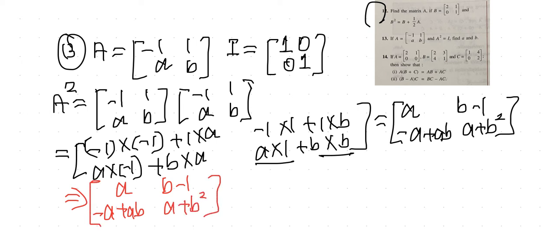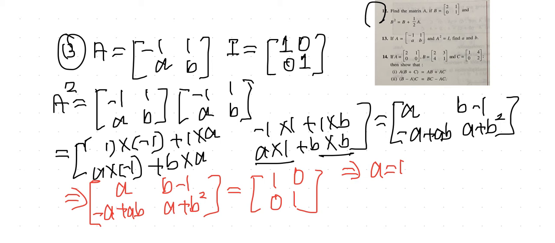This is equal to how much? This is equal to 1, 0, 0 and 1. So this will imply what, children? Okay, sorry children, so this is 1 plus A. Okay, silly mistakes coming in. See, this is minus 1 into minus 1 which is there, so this is going to be plus 1. So I did not write A plus 1, children. So this is A plus 1.